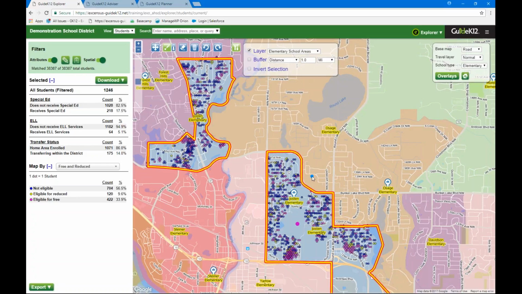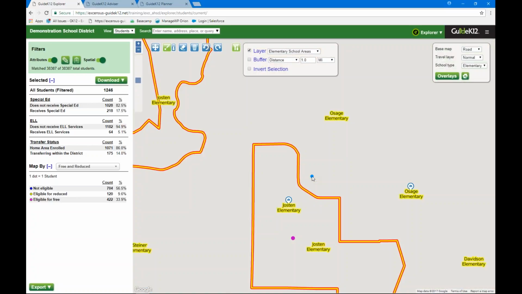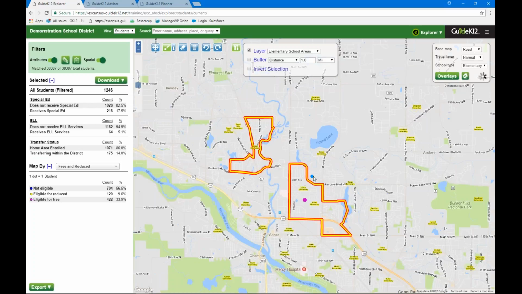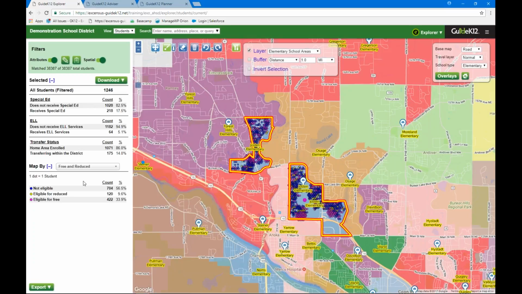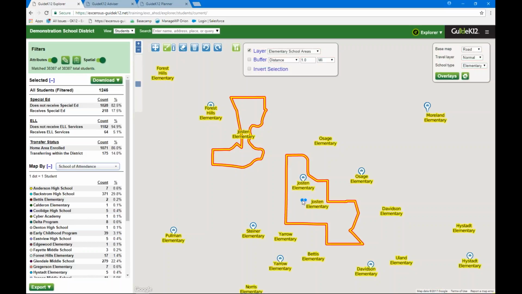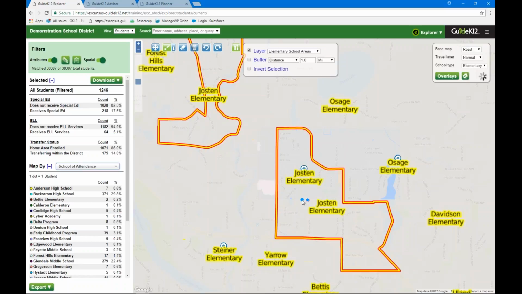Dan, one of my favorite features is you just selected Jostyn with the point tool, and it showed on the left-hand side in the summary how many students are in Jostyn. But if I wanted to slide over to another zone, like the Brown School above Jostyn, can you show me how I take that magenta dot and move it over? Yeah. Just like we were doing with the draw polygon tool, we also can adjust the points